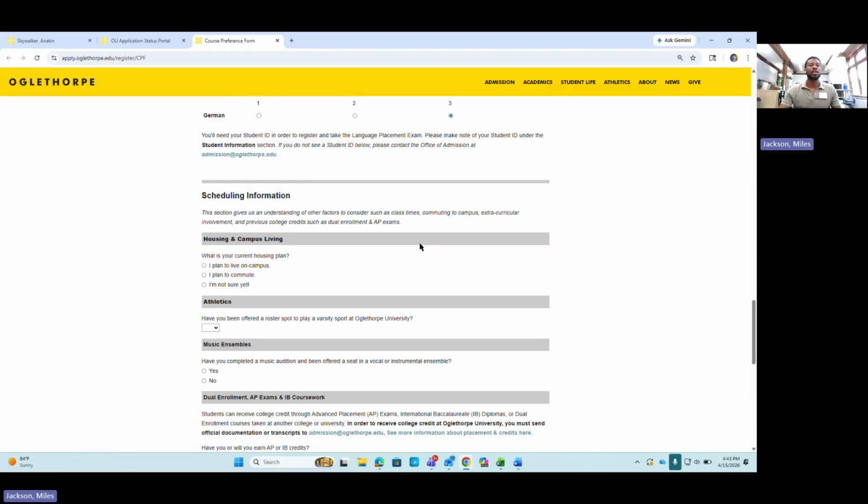Next up, we're gonna do what is my current housing plan? Me personally, I'm all for the full college experience, so I recommend that you guys do stay on campus. But just in case you live within 25 miles of campus of the university, you can be a commuter student. So either option works. This is not our housing form, so this is just to help your advisor choose your